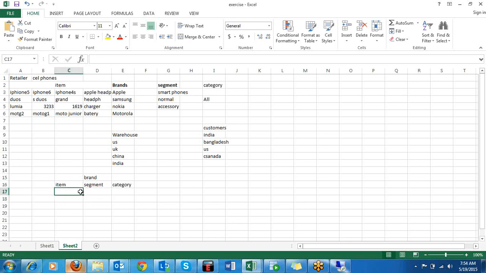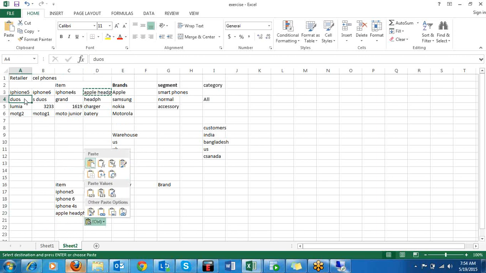So I can have items. There will be some brands I'll put here. So how can I categorize them then? Let me list them down first. iPhone 5, iPhone 6, iPhone 4S, then I have Apple headphones, then you have Duos,